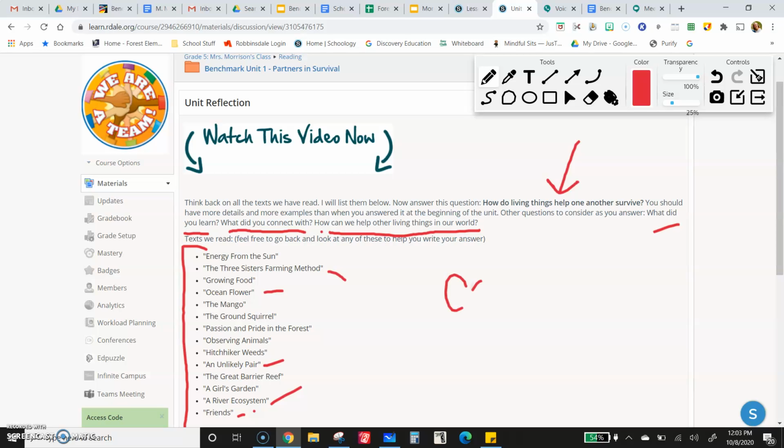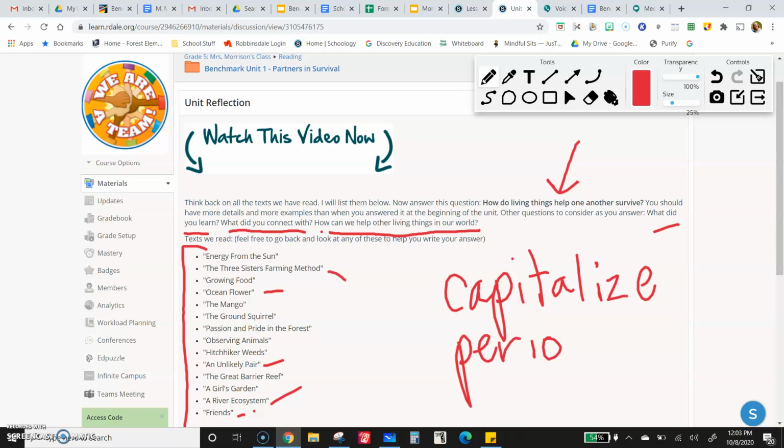Make sure to capitalize the beginning of each sentence. Put periods at the end of each thought. So remember, if you have 2 thoughts, like, trying to think of an example, where people can help the reef by cleaning up the pollution, period. They can also help by blank. If you have a word like and in between, then you don't need a period.